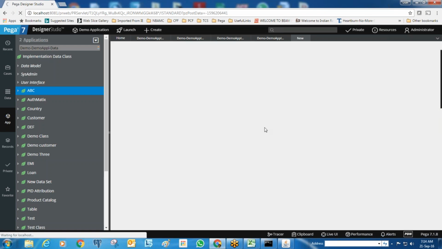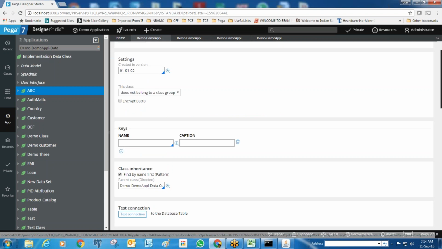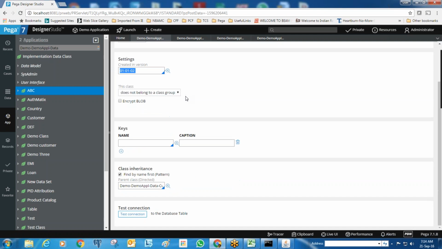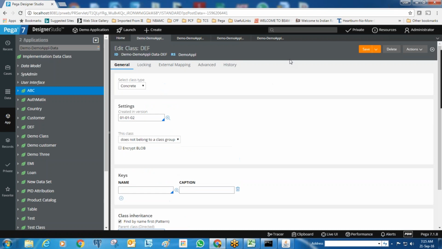And suppose if any inheritance is working at runtime, which inheritance will be called first? So first is pattern inheritance only. First we'll check in the pattern. If it is not in the pattern, we'll go for directed. So pattern is the first. Directed means without any dependency, we could use any class. It can be any class. Okay. Yeah. Got it.